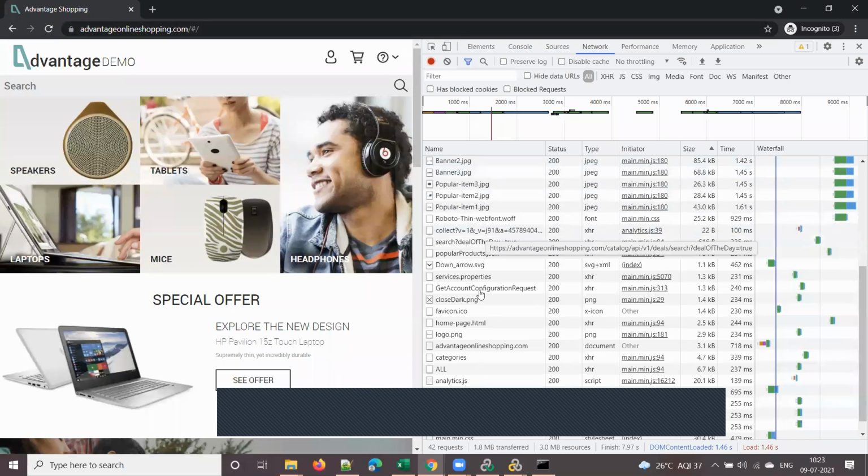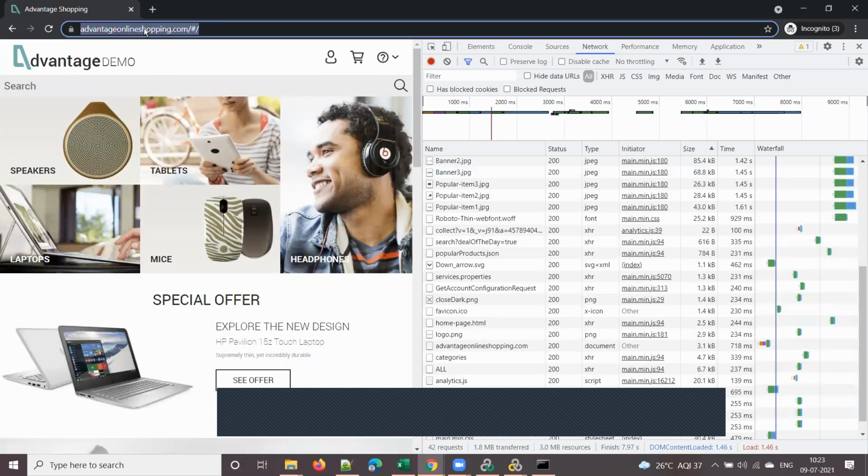Now see here, there are a lot of images, a total of 42 requests. I have sent only one request, advantageonlineshopping.com, but a total of 42 requests were sent to the server, right? Here you can see 42 requests, 1 MB transferred and 3 MB resources, and finish time, load time, right?